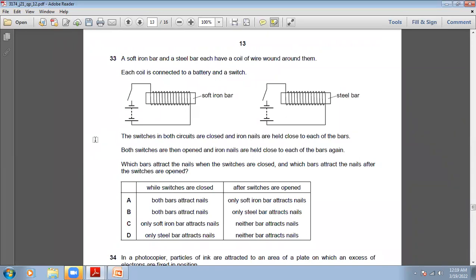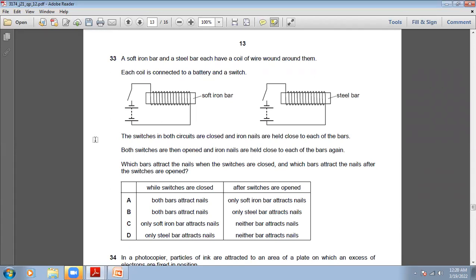A soft iron bar and a steel bar each have a coil of wire wound around them. Each coil is connected to a battery and a switch. The switches in both circuits are closed and the iron nails are held close to each of the bars. Both switches are then opened and the iron nails are held close to each of the bars again. Which bars attract the nails when the switches are closed, and which bar attracts the nail after the switches are